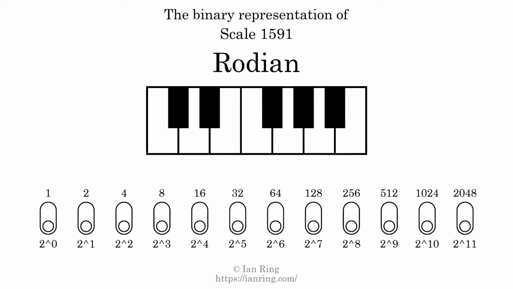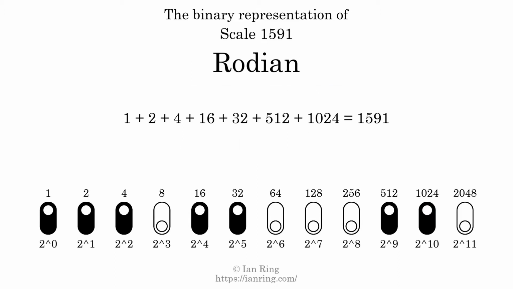The binary representation of this scale is determined by mapping tones of the scale to binary digits. Each binary digit represents a power of 2. To get the scale number, we add the powers of 2 together. The powers of 2 that are present in the scale, all added together, equals 1591. That is why the scale number, in decimal, is